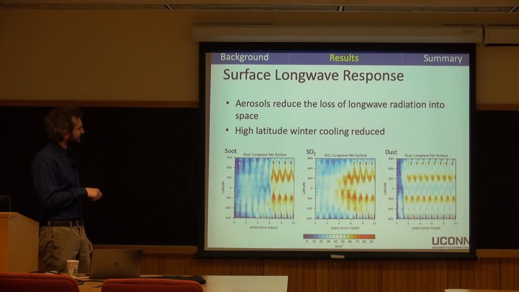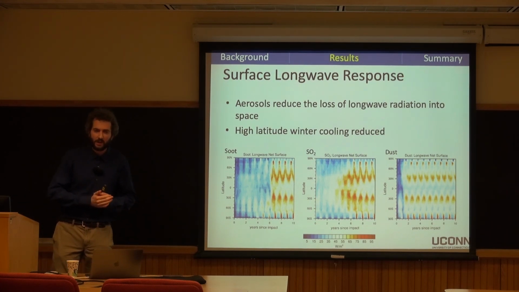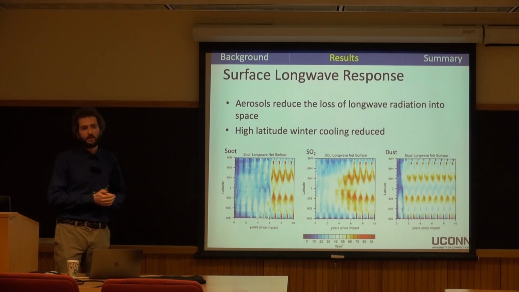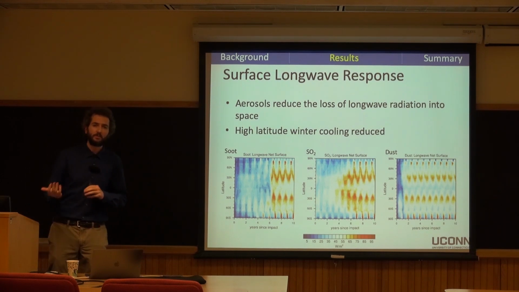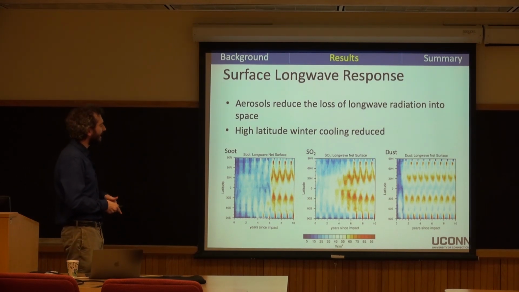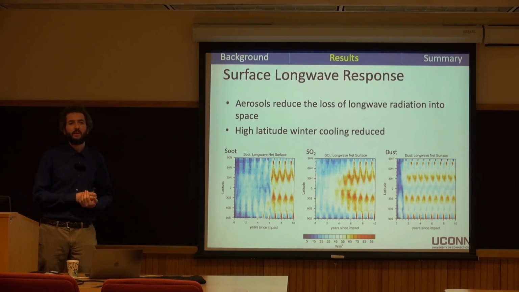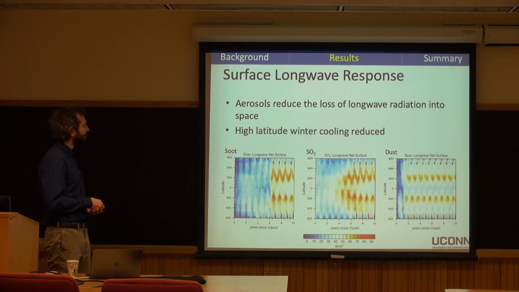What I want to point you to is these high latitude regions, particularly in the dust and the soot cases, where in the first winter or two after the impact you actually have warmer winter temperatures than you would normally have under climatology. It's preventing that loss of longwave that you usually get in the winter months and keeping things relatively warm. So on a global scale, temperatures are already dropping quite quickly, but locally you can have some of the inverse responses here. If you don't include these longwave trapping effects, your cooling is much more dramatic. You get extreme cooling if you don't consider the longwave effects as well as the shortwave.